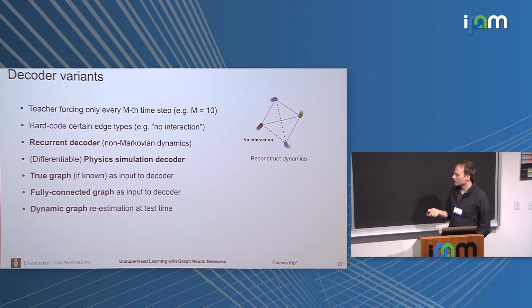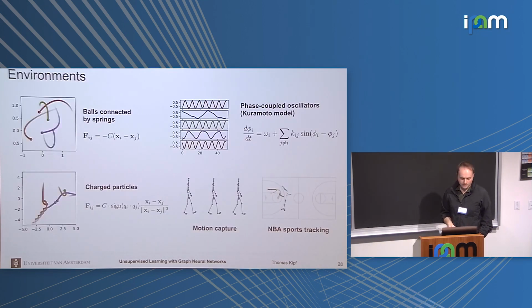Or you can take a true graph, some fully connected graphs, or you can also re-estimate this graph over multiple time steps. We tested this model on a number of toy physical systems where we really know the ground truth interaction structure, where we have full control over what's going on, and where forces are getting more and more complex. First we start with linear forces that basically only depend on the difference between node embeddings, and we just wanted to see if the graph neural net can learn these. Because we have these flexible edge update functions, MLPs can very easily learn this functional form.